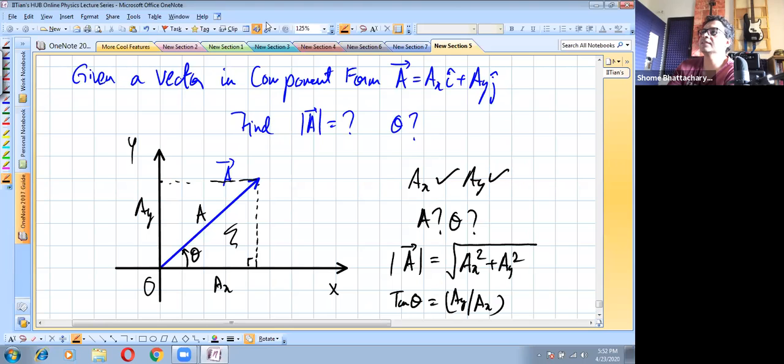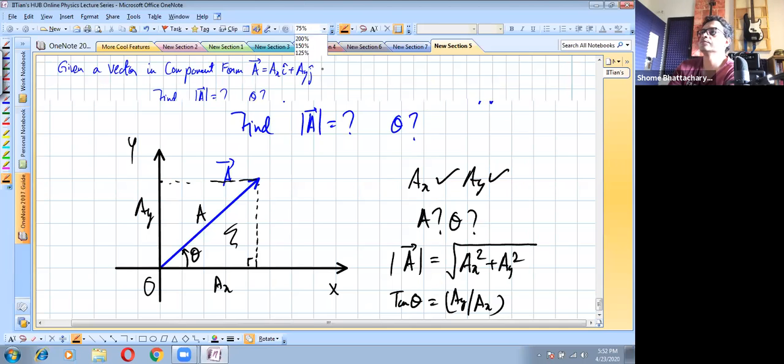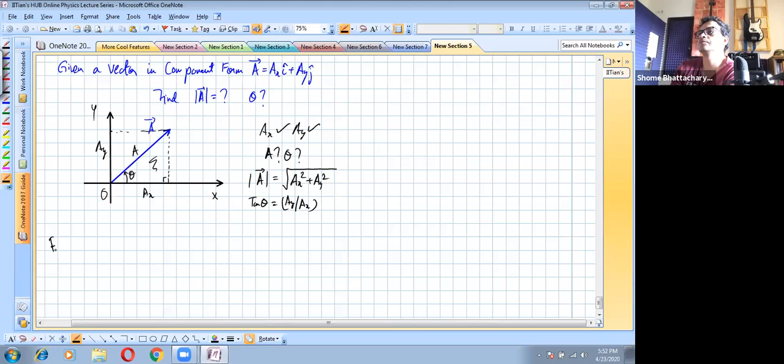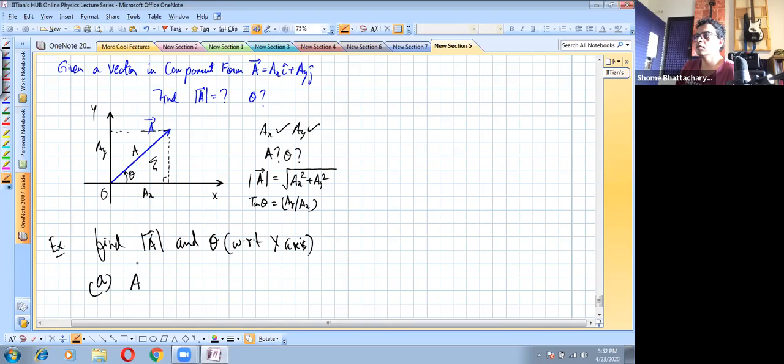So let's do a quick example problem. Find the magnitude of the vector A and the angle theta it makes with the x-axis. Let us say the vector is given like this. Part A is root 3 I cap minus J cap,